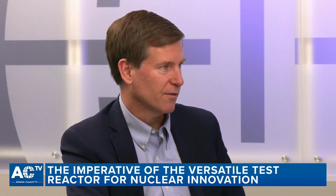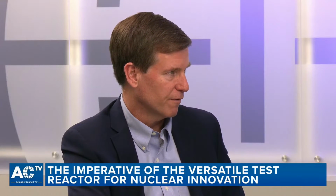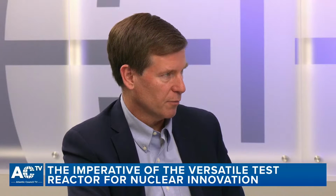We've got companies right now. TerraPower is trying to build a fast spectrum reactor. Oklo is trying to commercialize a fast spectrum reactor. They can bring those things to market based on what they know now and with a lot of the fuel experience gained from EBR-II over the years, for example. But they're going to need this capability going forward to continue to improve and stay ahead of the competition. So I think it really is essential that we move forward with a project like this